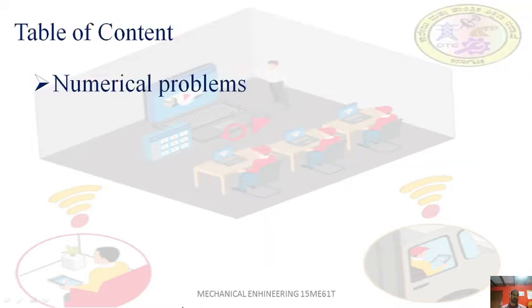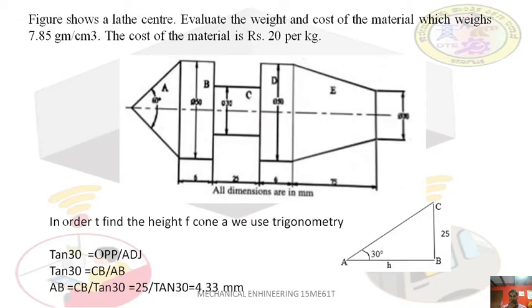So as usual we are discussing the problematic section in this chapter, problems on estimating the weight or the cost of the material. The next problem is a very important one. In every examination, every question paper, you can see this problem, so you must take a note of it. It is very easy, nothing much difficult here, and usually it will be asked for 10 marks.